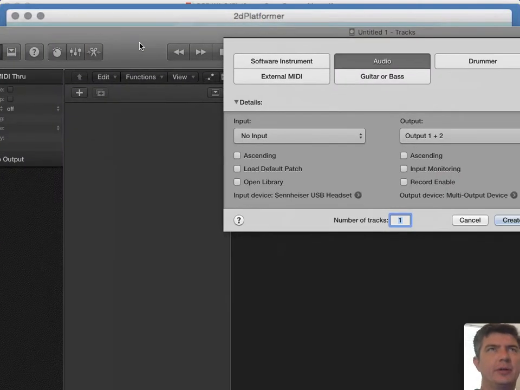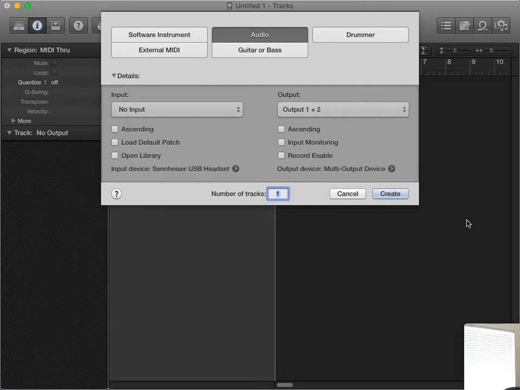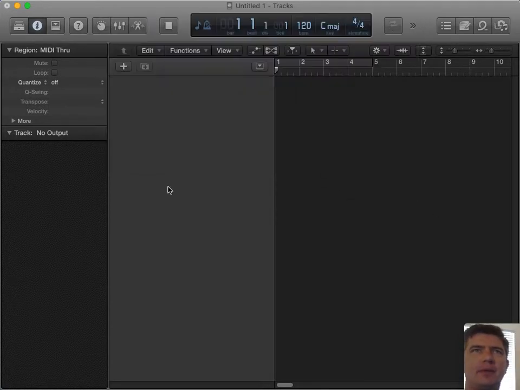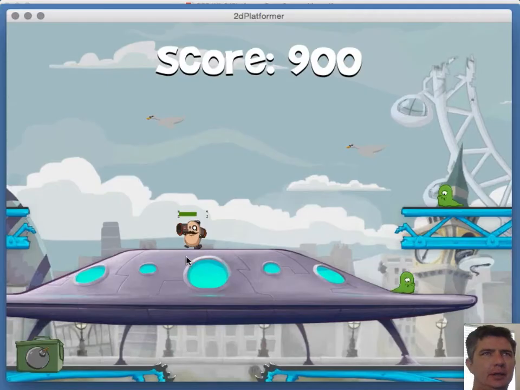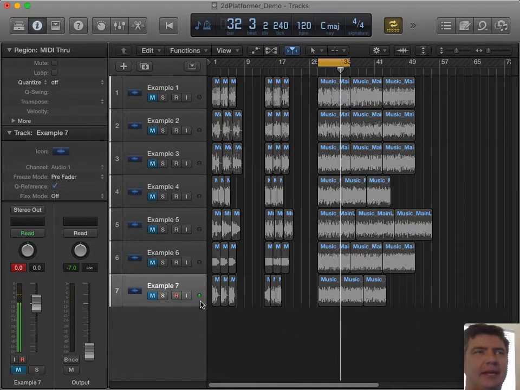Get Logic loaded up here. Okay. I have a couple different examples here.